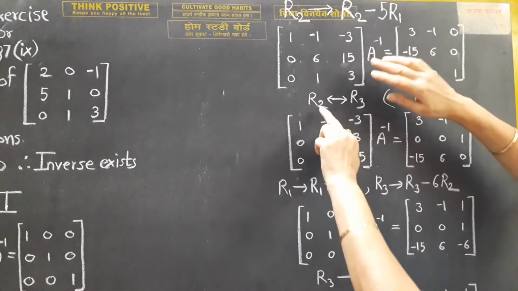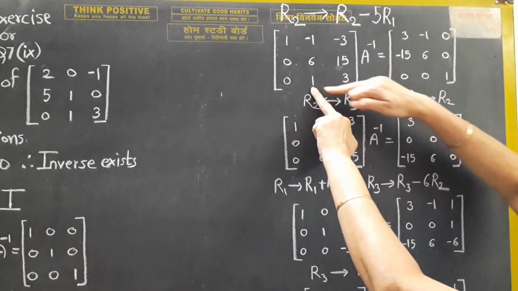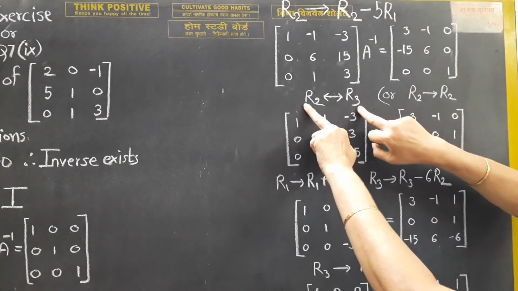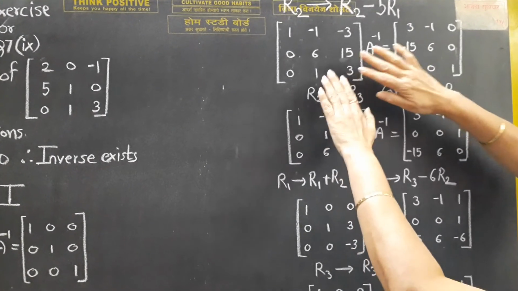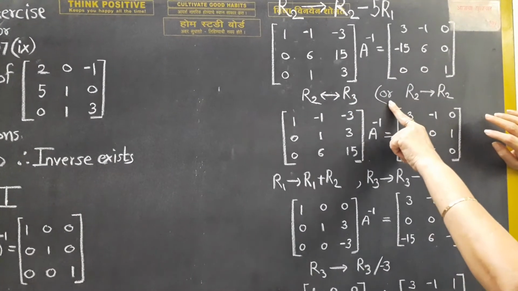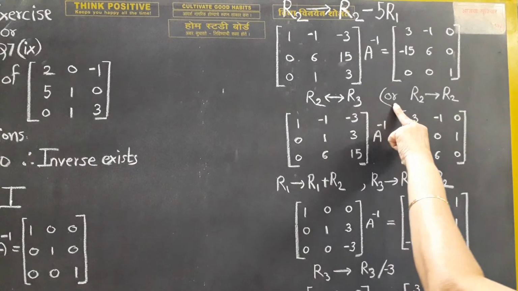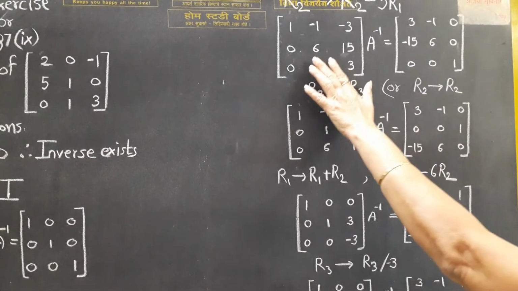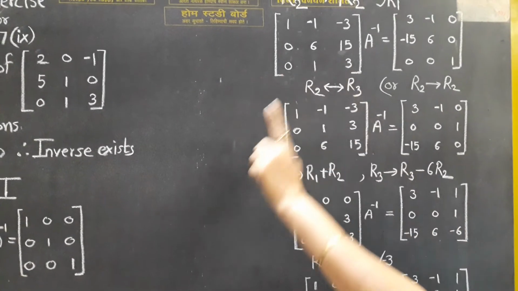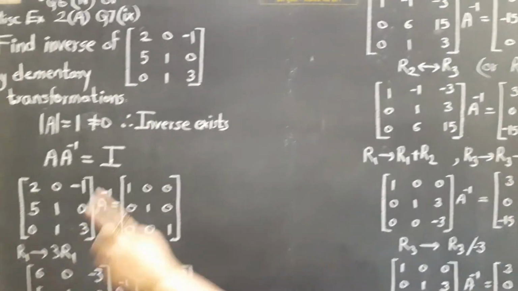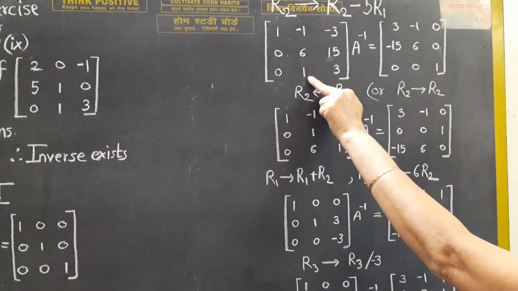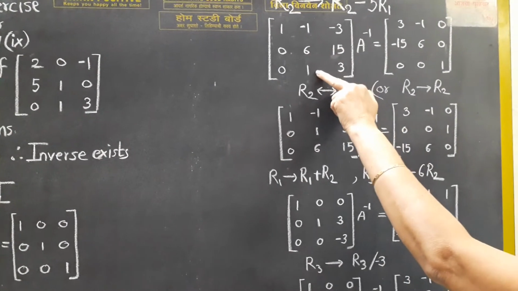Okay. So here ready-made 1 is there in R3, and so one combination is R2 and R3 you can interchange, so that we can get 1 over here. And there is one more option left to you, that I have not written. Now I will tell you that R2, I want to make this as 1. Now 6 minus 5, we did it here. 6 minus 5 is 1. So if this becomes 5, then I could get it as 1. No? 6 minus 5 is 1.